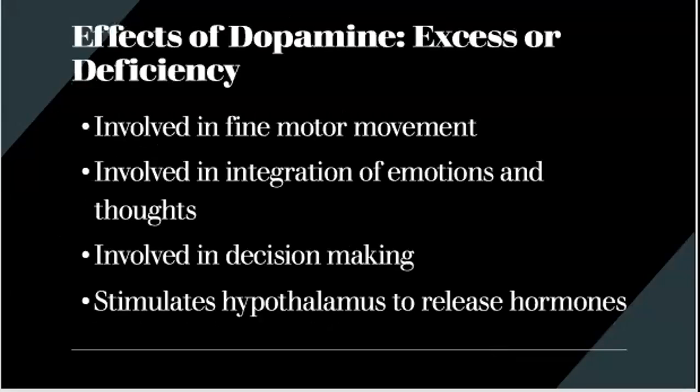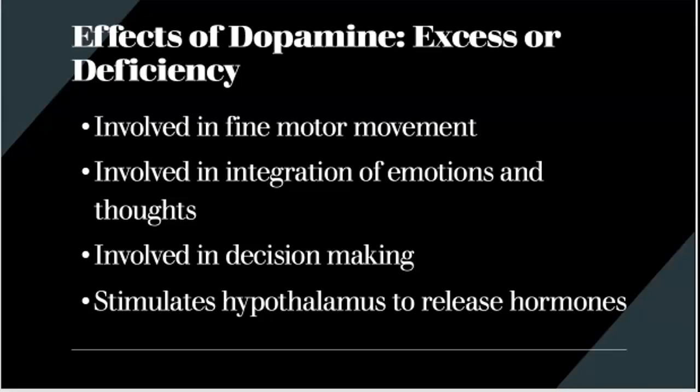When we look at the effects of dopamine, we have to remember each of those receptors and what those receptors do. Because if we have a stimulation, we're going to have an excessive amount, or if we have a lack, we're going to have a decreased amount. Since dopamine is so much involved with our fine motor movement, it's important for our emotions and our thoughts and our decision making. When it's too low, we can have symptoms that are seen like in Parkinson's. So we're going to have some tremors, some bradykinesia, some shuffling gait, postural instability,